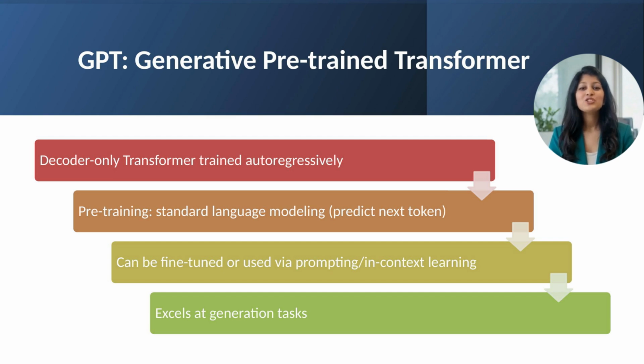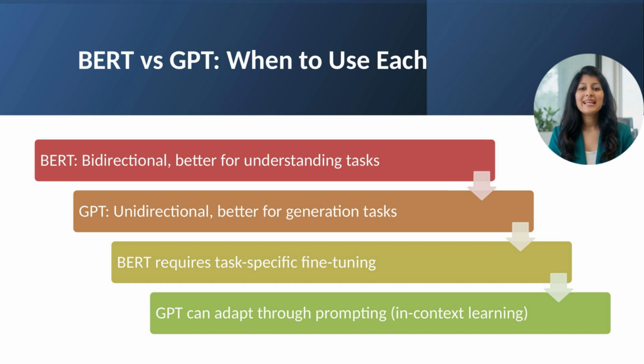The autoregressive structure is naturally suited for producing coherent text. It can also handle understanding tasks through clever prompting, though BERT-style encoders may be more parameter efficient for pure understanding. The GPT series demonstrated that scaling up decoder-only models with simple language modeling objectives yields increasingly capable systems. This insight drove the development of modern large language models. Understanding the differences between BERT and GPT helps you choose the right tool for your task.